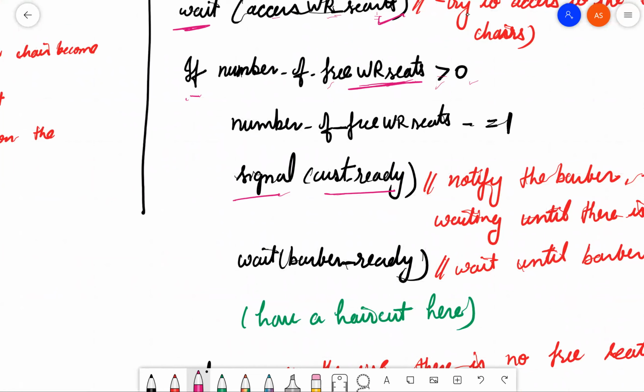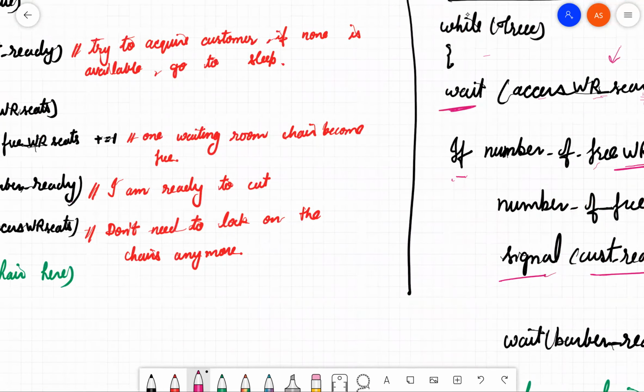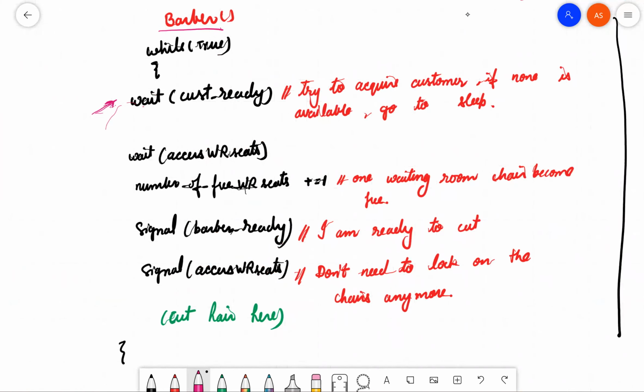When the signal customer ready happens, here the value will be 1, customer ready is signaled because one customer has arrived. In that case this line will run, wait customer ready, then the next line, wait access WR seat.